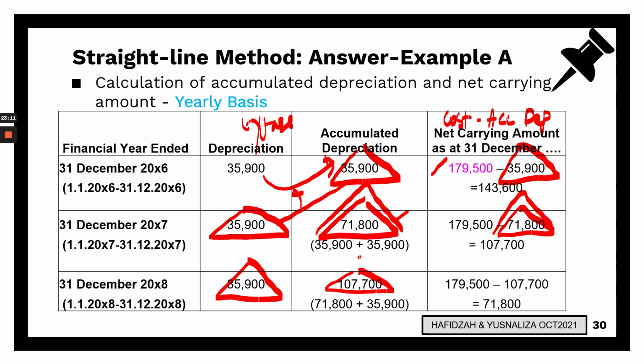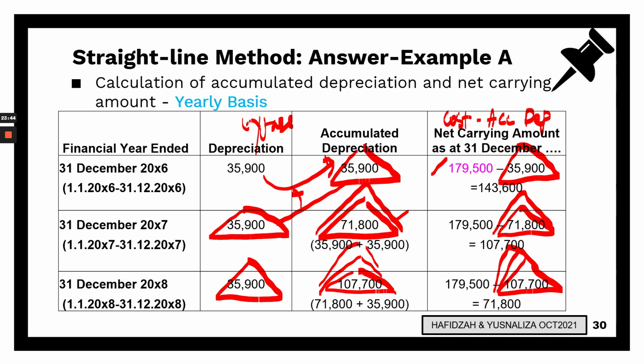Total would be 107,700, and that 107,700 is actually the accumulated depreciation for 3 years, or you can also use 35,900 times 3 because it's the same, right? So you will get the carrying amount for that year to be